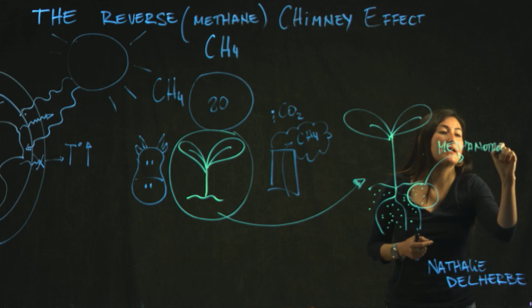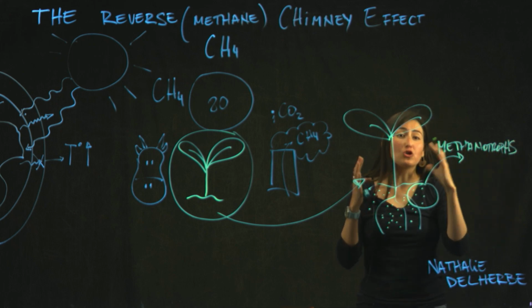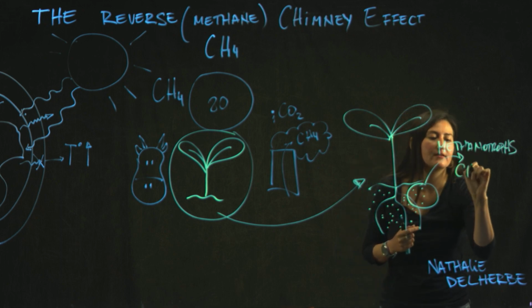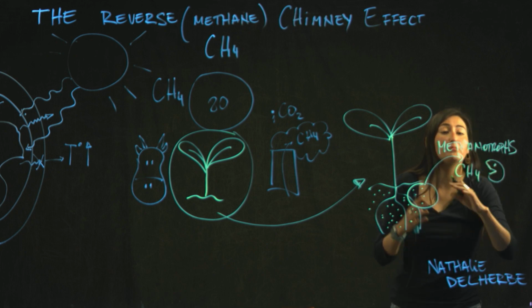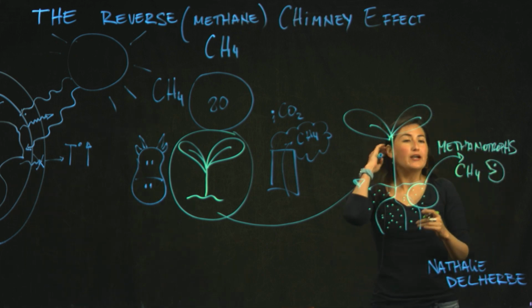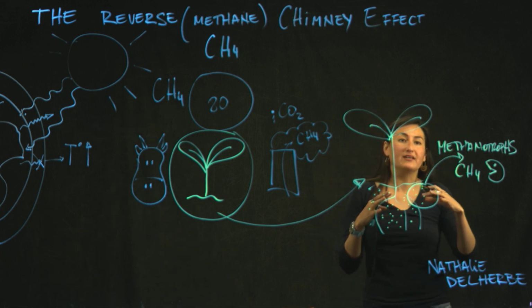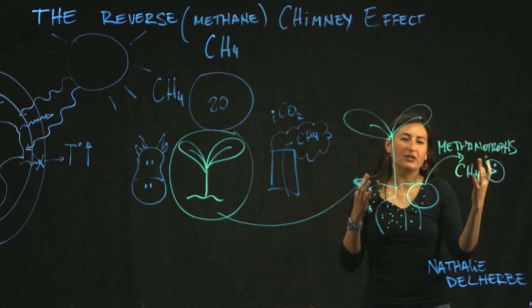Methanotrophic bacteria are bacteria that are able to consume methane. They eat methane for survival. They need it to produce their own energy and to build up their biomass. So we are using these organisms to help consume the methane from the atmosphere,